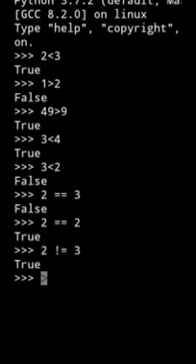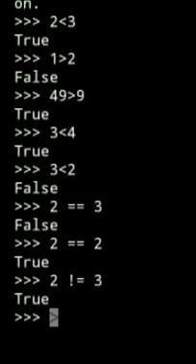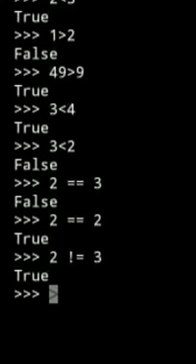And 3 is less than 4, 3 is less than 2, 2 is equal to. Yes, if you want to compare two numbers for equality, then you need to put a double equal to sign. Yes, दो equal to sign लगाने पड़ते हैं यहाँ पे. Okay, in this case 2 is equal to 3. That is not correct. That's why the interpreter is giving false.